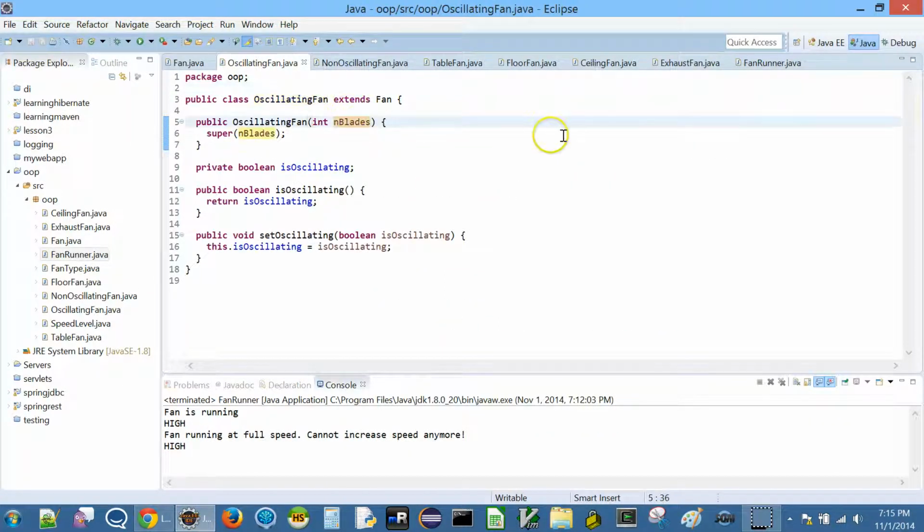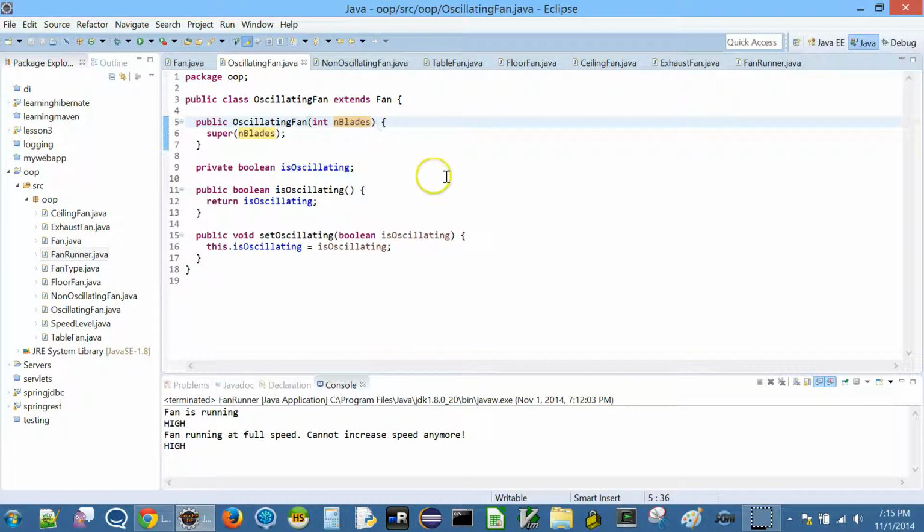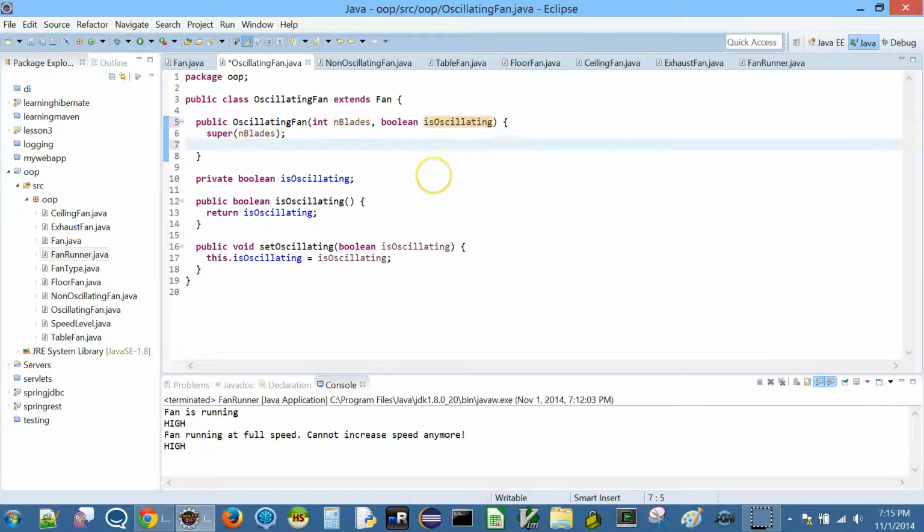Instead of just accepting num blades, we can also set is oscillating here, which is what this slide is telling. So for example, we could go here and add boolean is oscillating, and then we can say this dot is oscillating equal to is oscillating. So this way we are also setting the field.